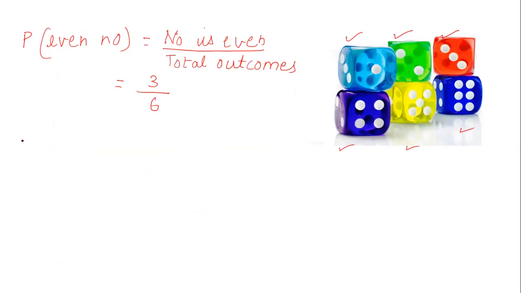Let us see prime number, getting a prime number. Let us calculate the probability of prime number. Let us mark the prime numbers with blue. Prime numbers कौन कौन से होते हैं बेटा? 1 is neither prime nor composite, आपको भी बताया था मैंने। 2 3 5 ये तीनों प्राइम नंबर्स हैं। so 3 out of 6, टोटल आउटकम 6 है।